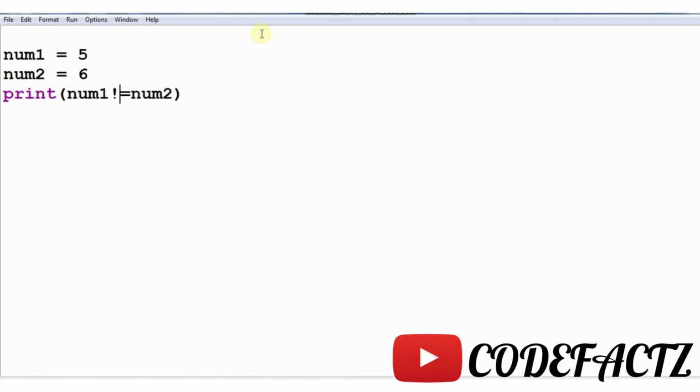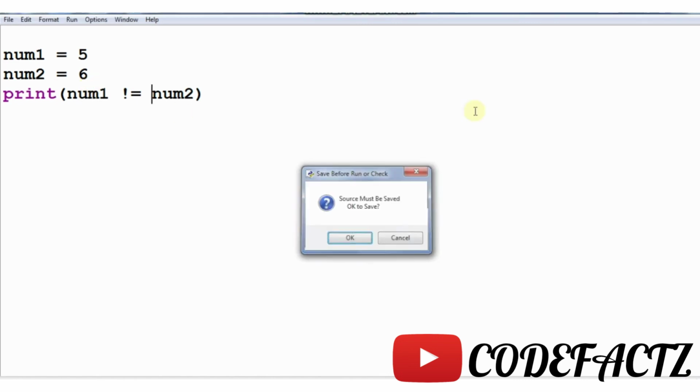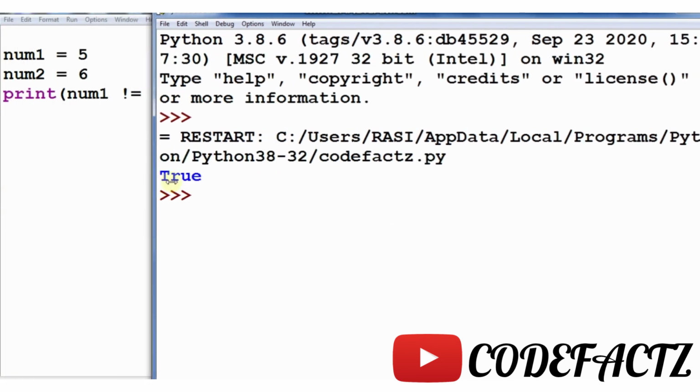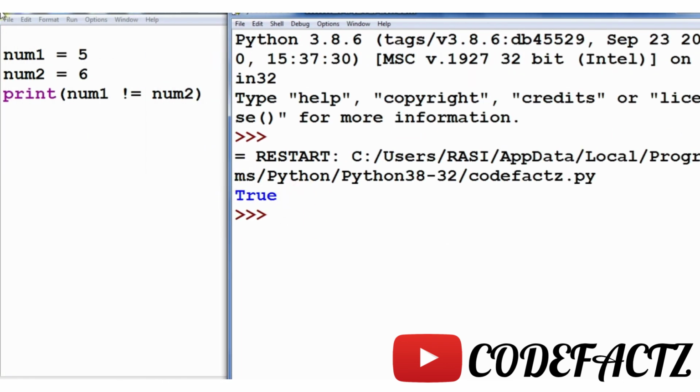So in not equal operator, like equality operator, the not equal operator returns true only if both the values are different. If both the values are equal, then the output is false. So in our program, the output is true because both the values stored in these two variables are different.